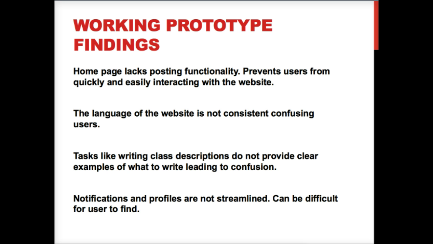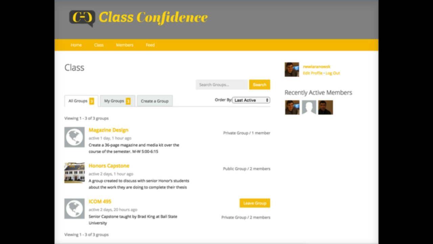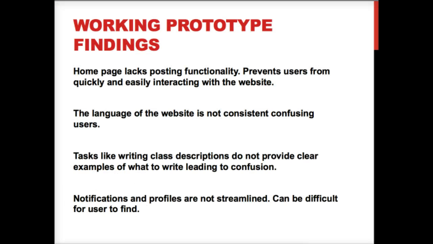Another issue was the language of the website not being consistent and confusing. So you can see if we go here to the class page, people were confused whether going to the class page was different than creating a group, because in BuddyPress it makes all of its things create a group. It doesn't, and I wanted to use the term class just to go with it, but since there were two different words that really threw off users in understanding how to complete the task, so that was something that I had to change, and that pops up in a couple other locations on the website.